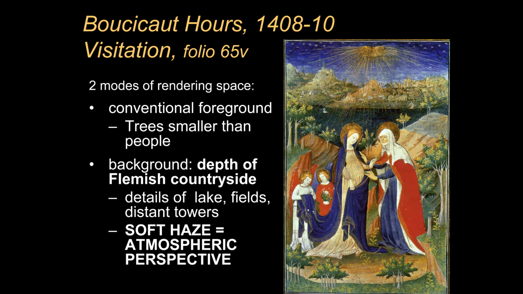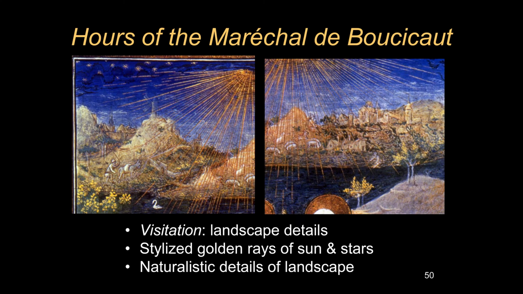And let's take a little closer look at that. In the background, you see a very soft haze. It's what we call atmospheric perspective, where in the far distance, near the horizon, the distant landscape becomes very hazy, just as if you were looking at it in reality at a distance, and distant objects are not as precise and clear as those which are close up because they've got air between them.